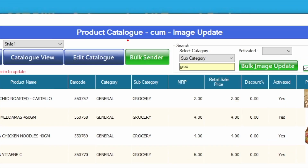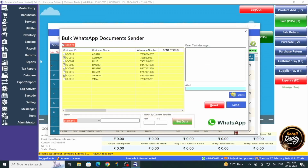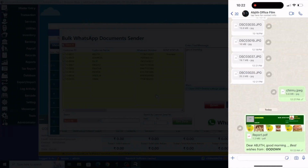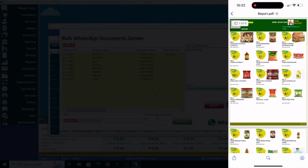So what is the specialty of that? You can send unlimited messages at zero cost. That technology we implemented with this software. And again, we are going to the UPI payment technology. Most UPI payment options, like Razorpay or whatever it is, if we add them to the software, will take a service charge. But we implemented this technology so that your own